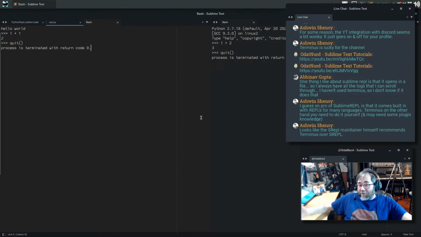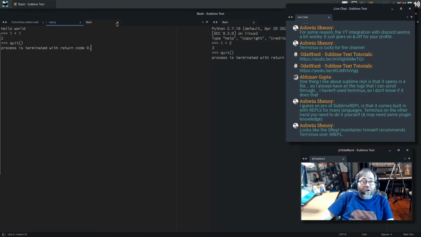I've been riding this particular horse for the better part of a year, because one of the most commonly asked questions about Sublime is, why does my program not run? And the answer is, the program is interactive. You've got to use something like Terminus or Sublime REPL. Whenever I answer that question, I say you could use Terminus or Sublime REPL. I prefer Terminus. It's a lot more straightforward to configure as compared to Sublime REPL, because it uses a standard build system.